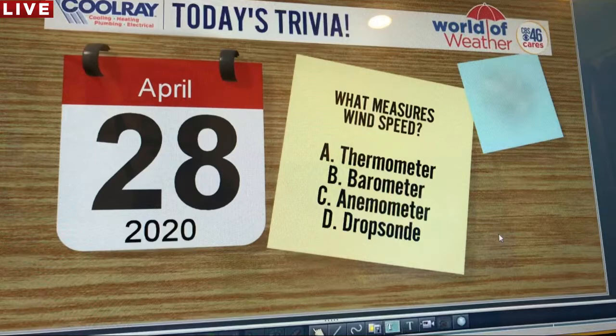So that is today's lesson on winds. Again, pressure is what causes the winds. The winds always want to move from high pressure to low pressure. They're always moving clockwise around high pressure, counterclockwise around low pressure. The stronger the high pressure and low pressure are, the faster the winds, the stronger the winds, and the closer together they are, the stronger, the faster the winds. So that's what we're looking at for a windy day.